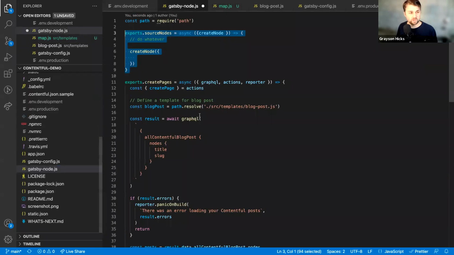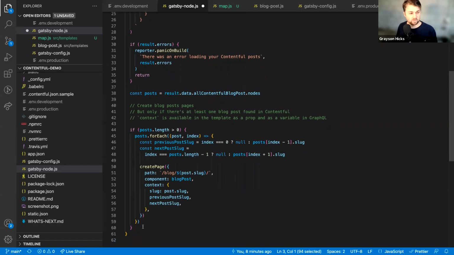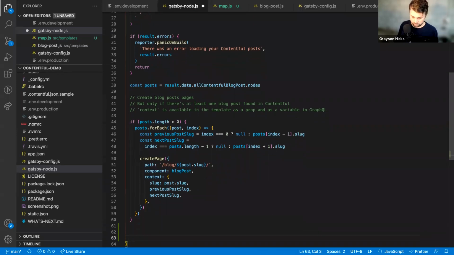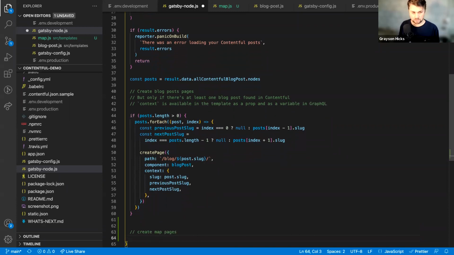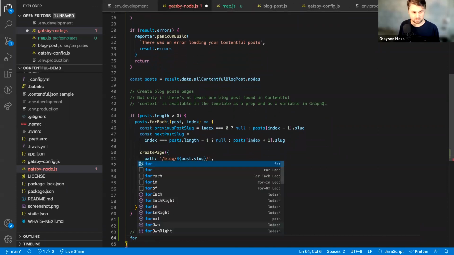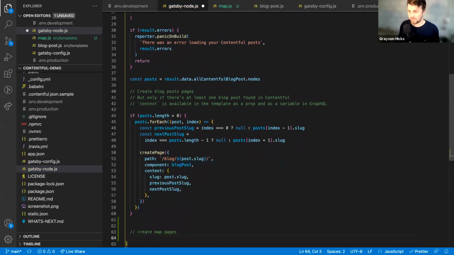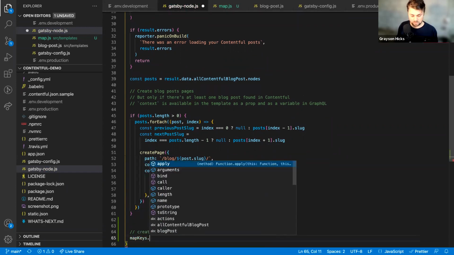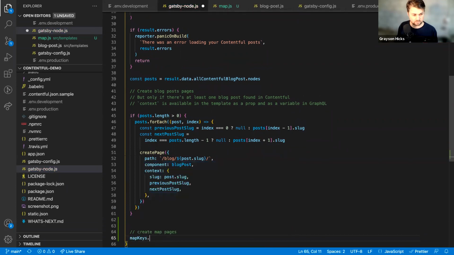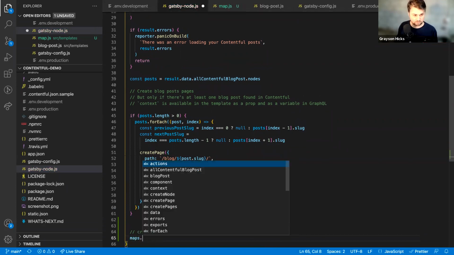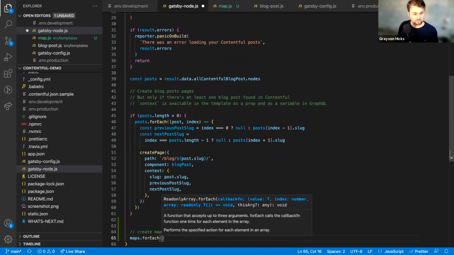And so we need to go in here to Gatsby node. We're in our create pages function. We've made our blog post pages. So let's go below here and we're going to create map pages. And let's just imagine we got the list of map pages we need to make. So we'd say like maps.forEach, right? And we loop over